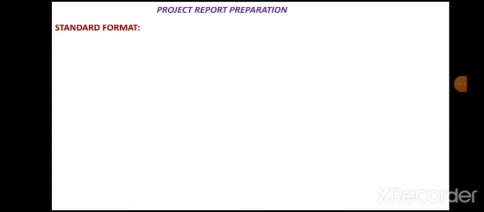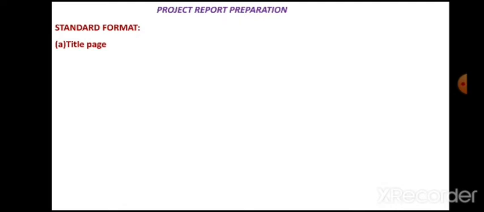The project report preparation has several guidelines, and I'm going to explain all these guidelines to you. There is a standard format. I will be explaining the standard format for the writing of this project report. I'll tell you according to the sequence.